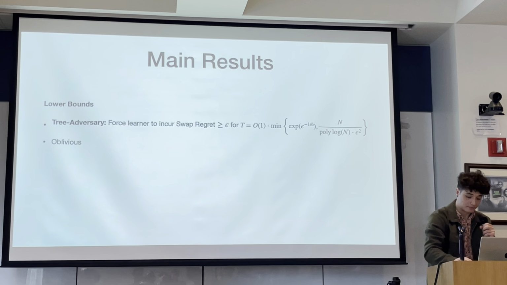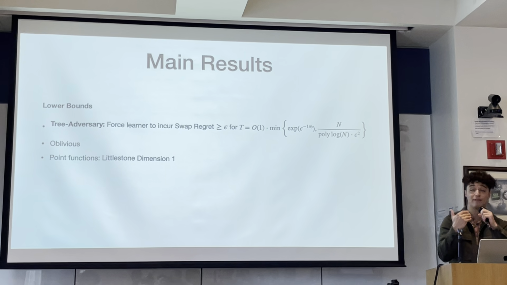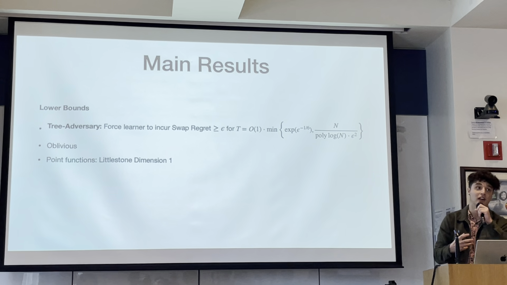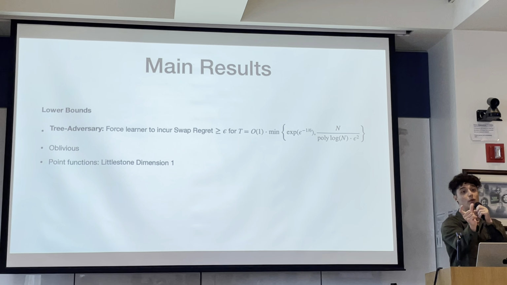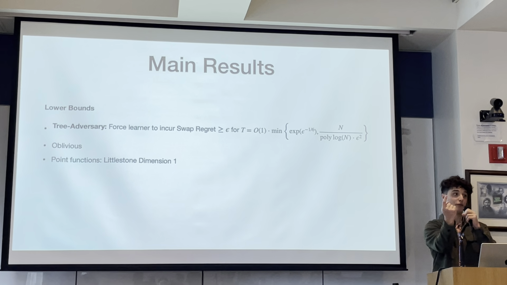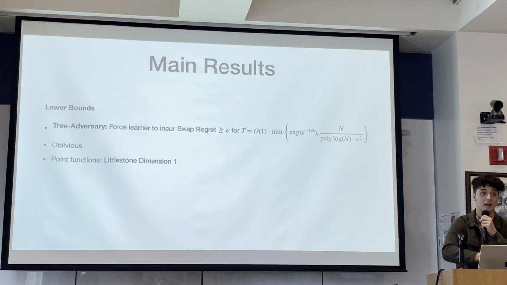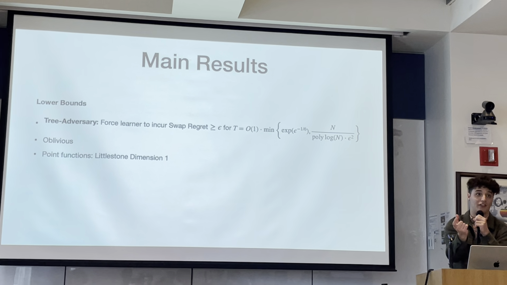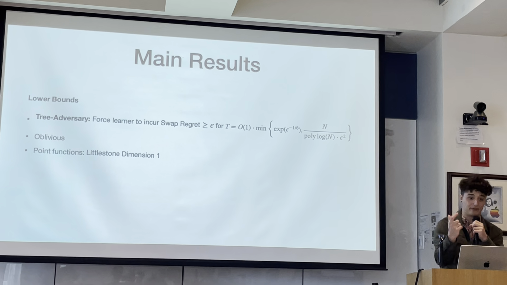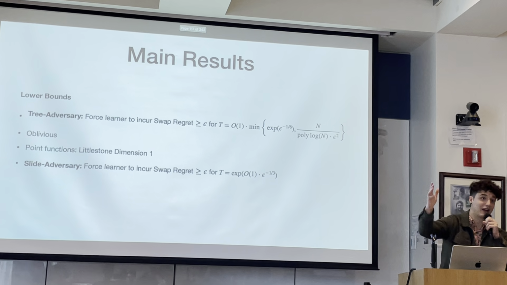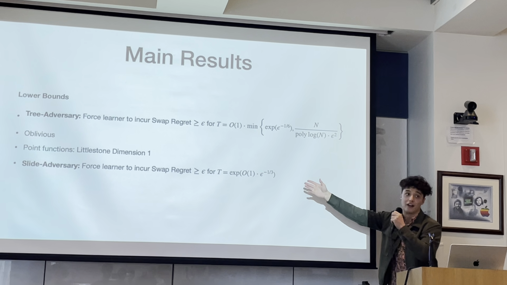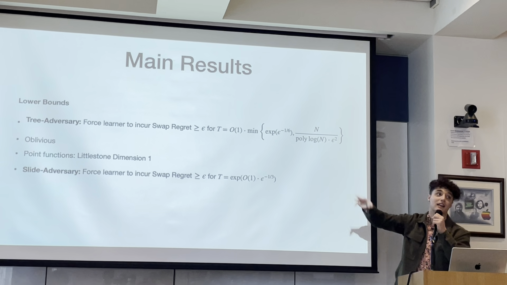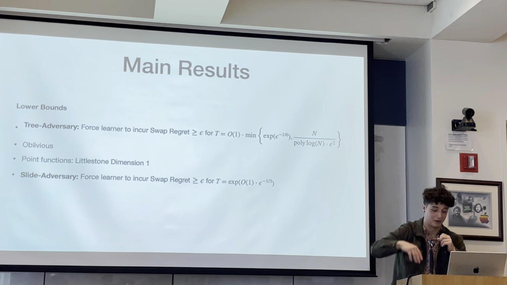Also, every single round, our adversary is playing point functions, which are essentially, I'm giving you rewards where one action gets a reward of 1 and all the other actions get a reward of 0. So this is a class of rewards that has constant Littlestone dimension. So that is also a matching lower bound for that setting of the problem. We also have another adversary, for an algorithm that just gets a better dependence on epsilon, that is not oblivious. It's also in there, we tossed it in.